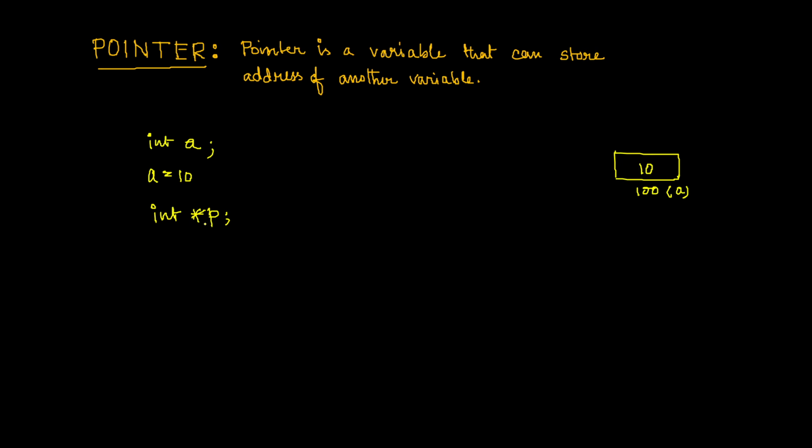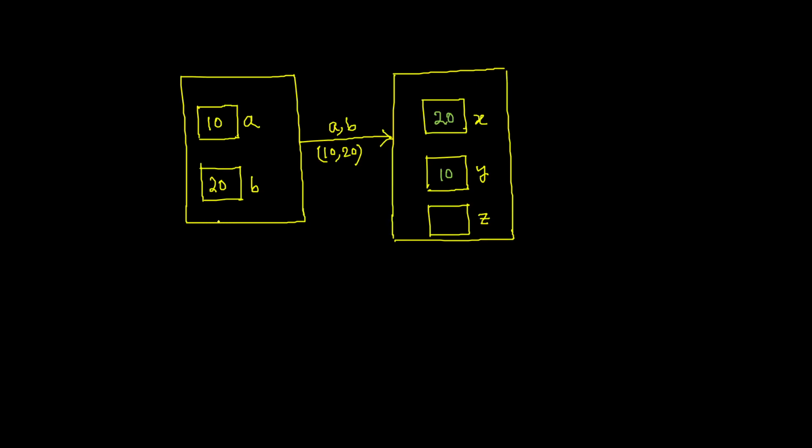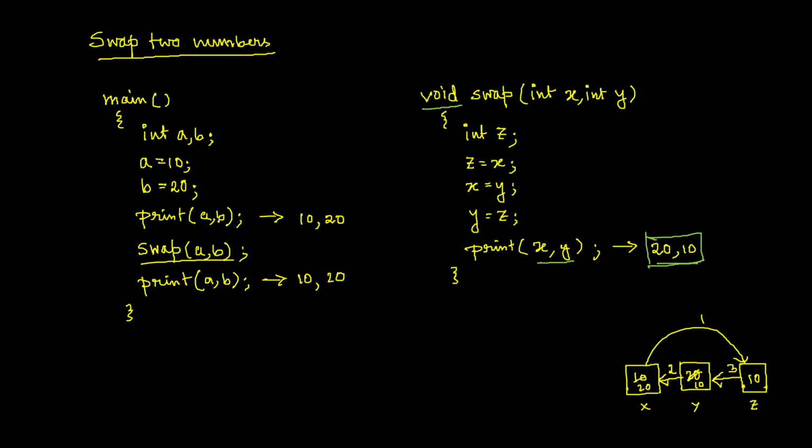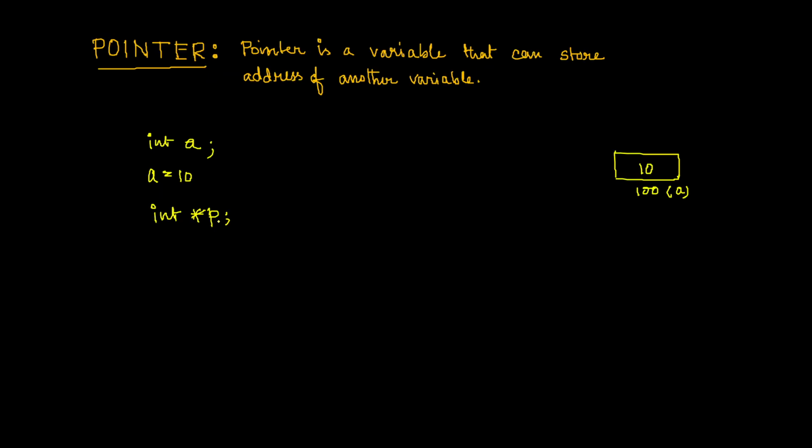Next question will come: when we write a star before a variable name, what extra power will this particular variable achieve, so that my problem will get solved? I mean this particular problem. So let's try to realize it. When we are defining this, forget about this int part. It's about the return data type. I'm not interested in data type right now. Assume this is the pointer variable p.